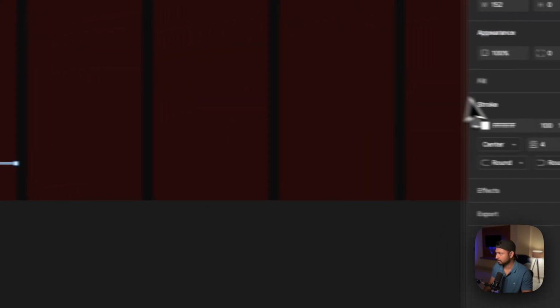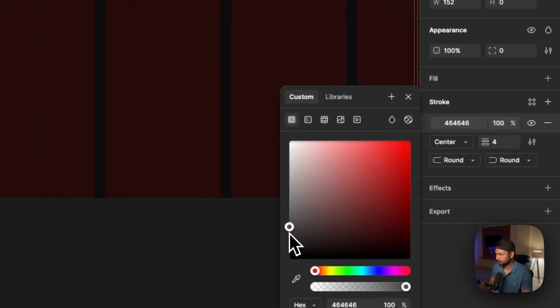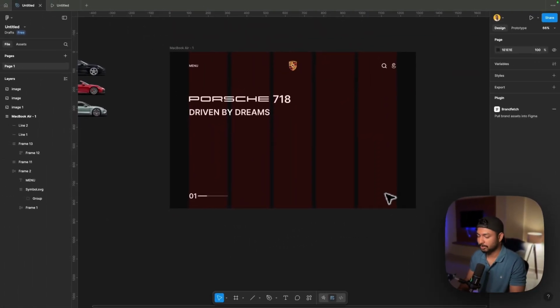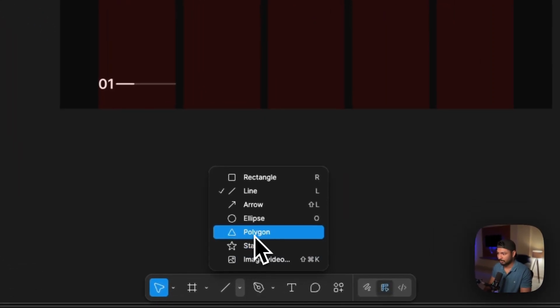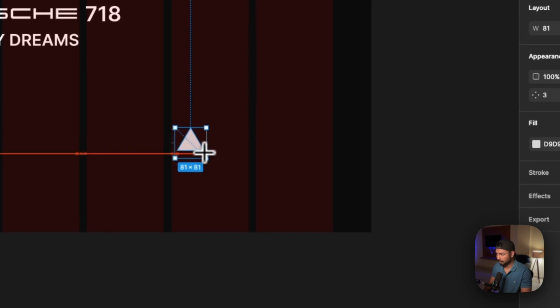Select the below one. Click over here. Make it somewhat like this. So it will give you a good effect. Now here we need the button. So for that, what we can do, go over here and from here select polygon. By holding shift, create a polygon,